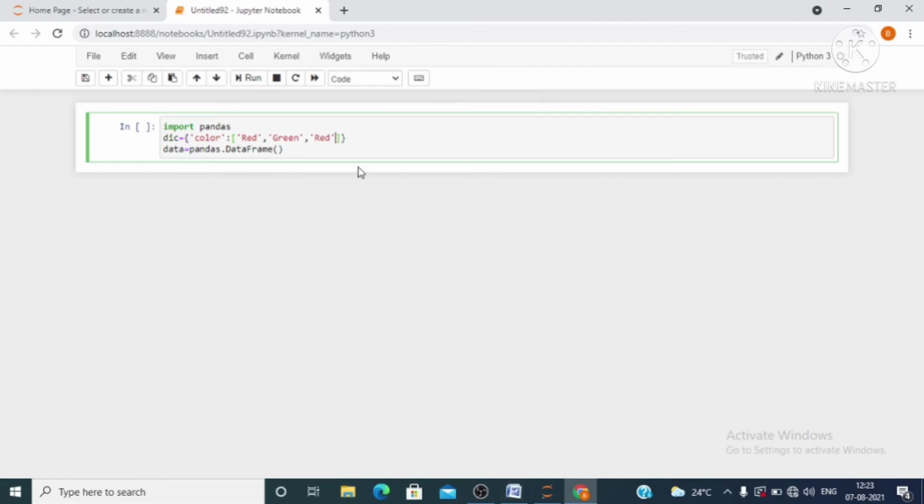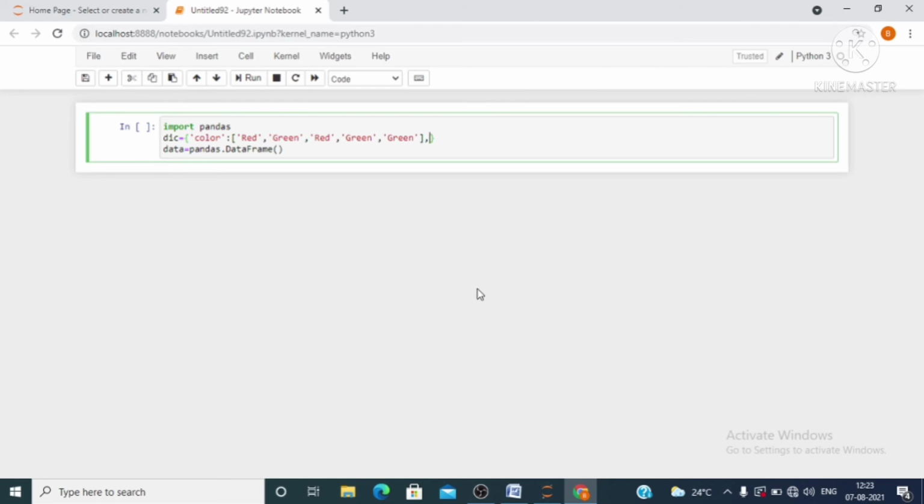Okay, then green, green. Since all are strings, that's why write it inside quotation. So this is the first element of your dictionary. Key is color, having values red, green, green in the form of a list.